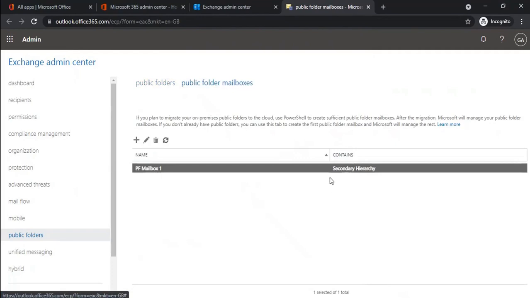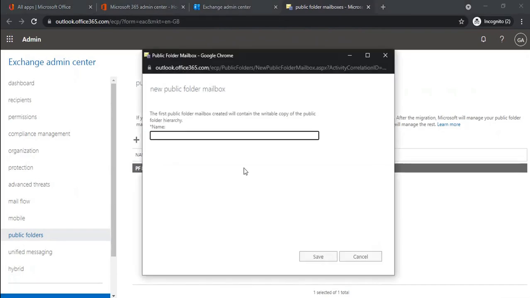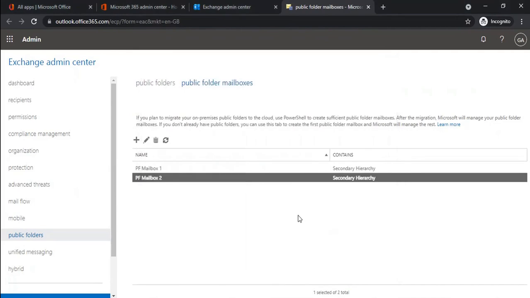It contains the hierarchy of your public folders, and it contains the writable copy of the public folder hierarchy. If you create another public folder mailbox within your Exchange organization, and I give it the name PF mailbox 2, click OK.